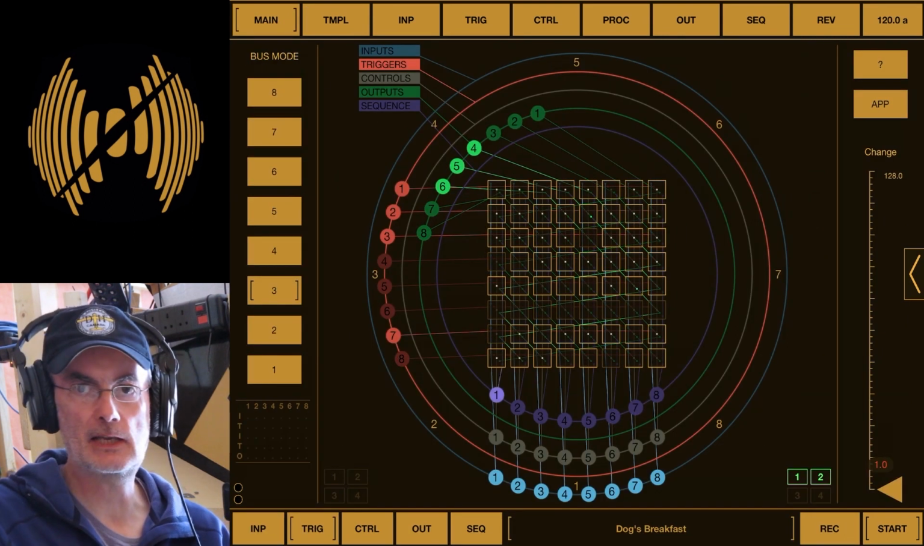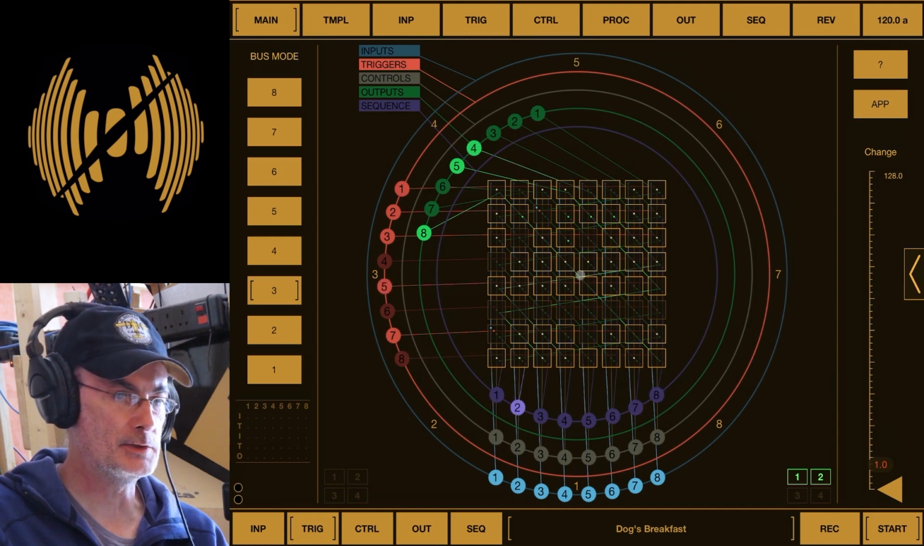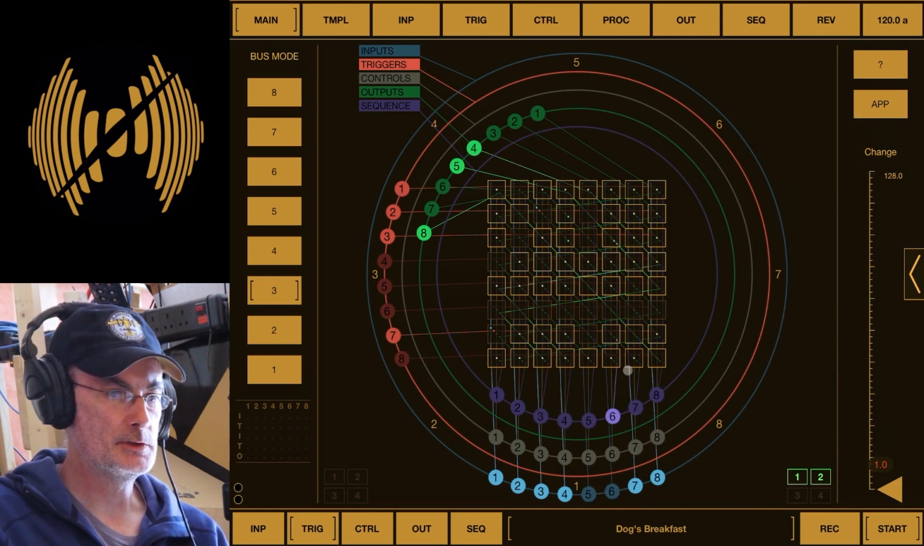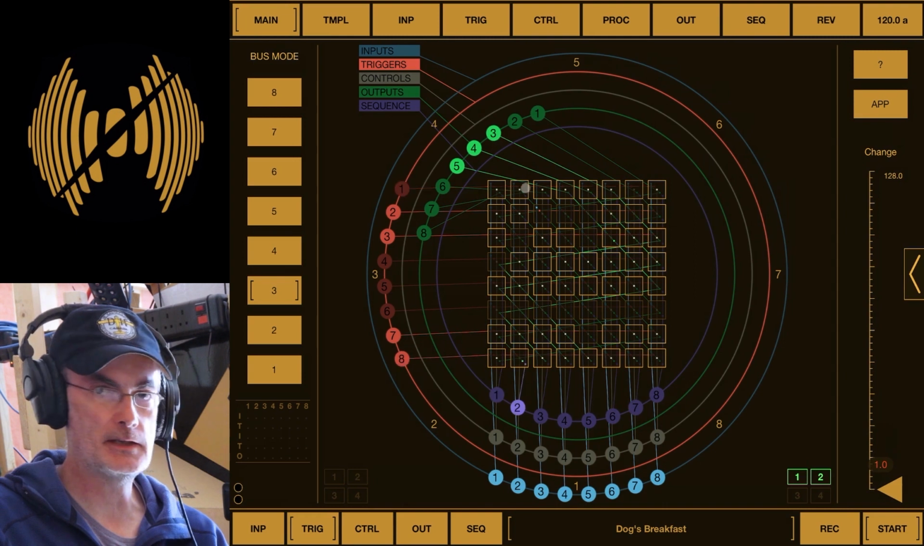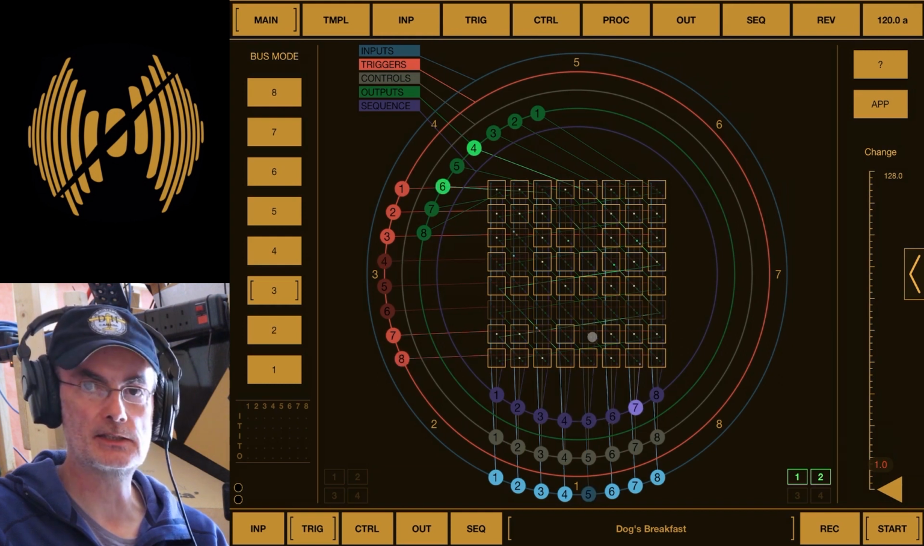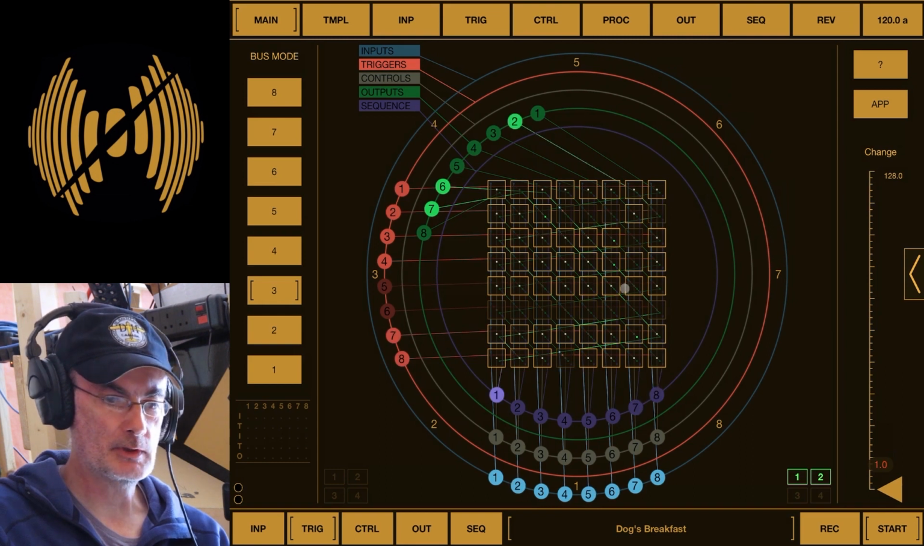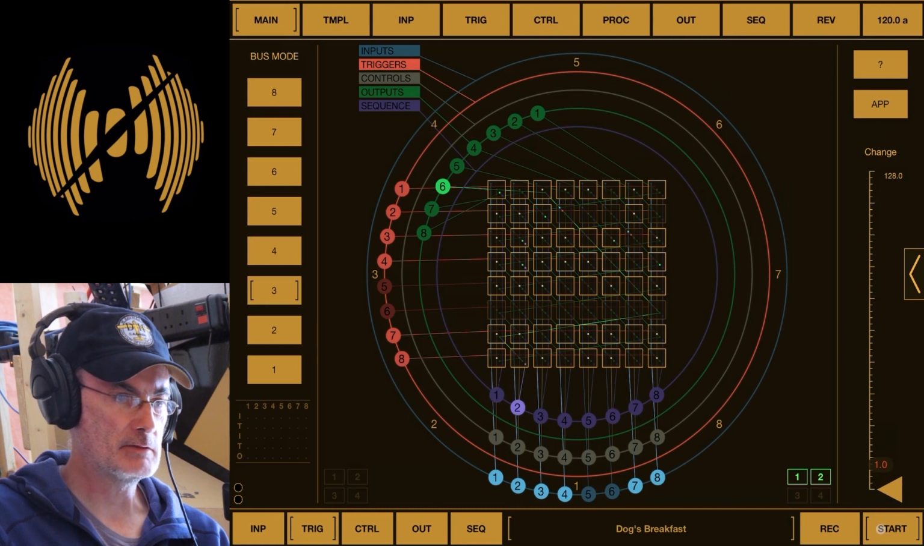So let's start with a thumbnail sketch of what this app does. On the front page we have this matrix, which at its heart is an 8x8 array of cells, and each of these cells can contain a snippet of sound. So when BeatCutter is running, so that's when this start button down at the bottom right is activated,